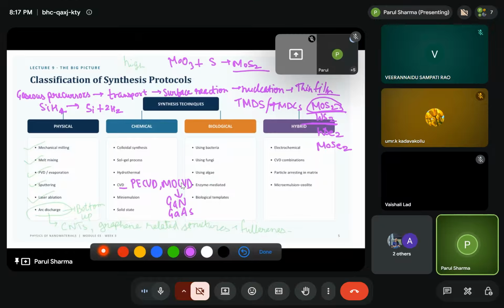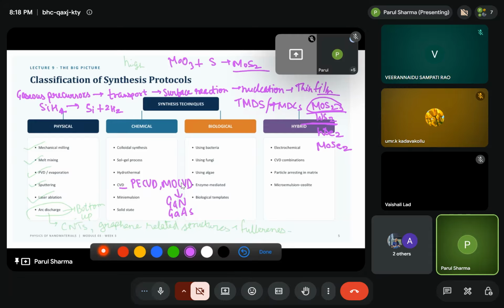Since it requires high temperature, and sometimes there can be toxic or hazardous precursors also. CVD is a chemical method, and it also comes under the hybrid process, because okay. So the next is